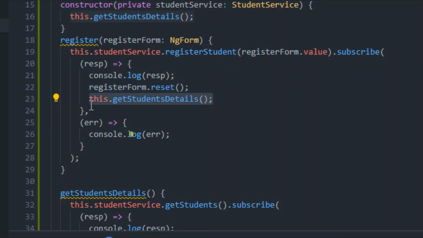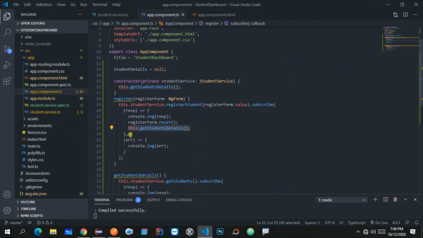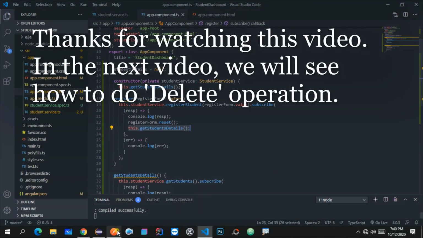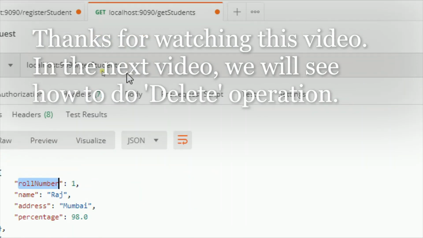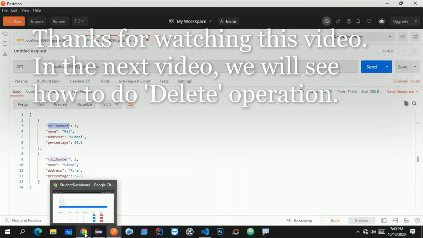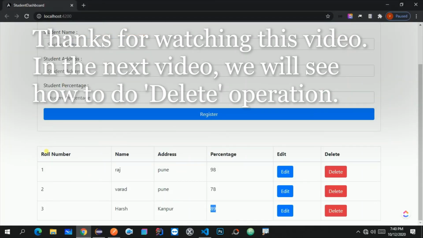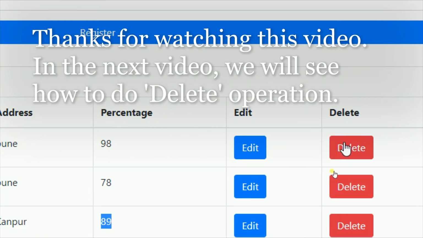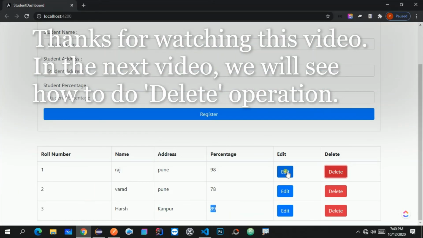So this is how we can hit the REST endpoint for the retrieve operation, and we have already seen how we can create the REST endpoint for get student, and in this video we've seen how we can retrieve all those values and show them in the table. So in the next video we are going to see how we can delete this particular record by clicking on this button, because whenever we click on this button, as of now there is no action. So we are going to add the action for this delete button, and then we will go for the edit as well.